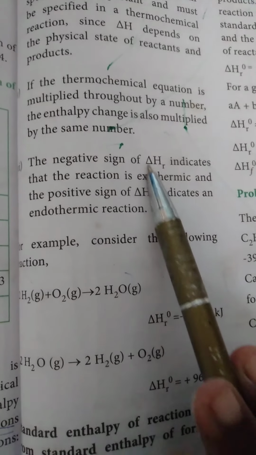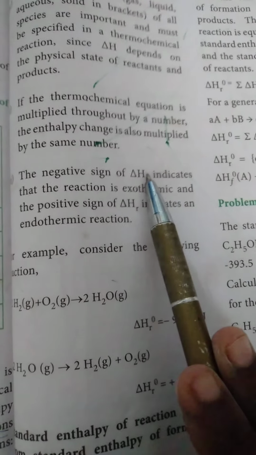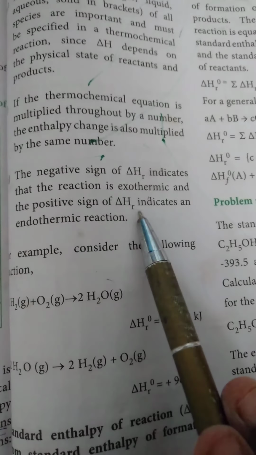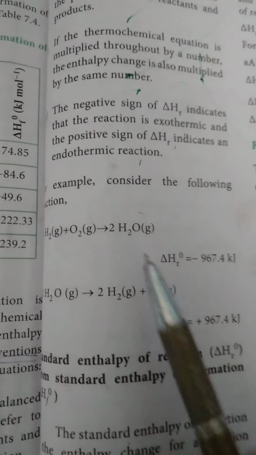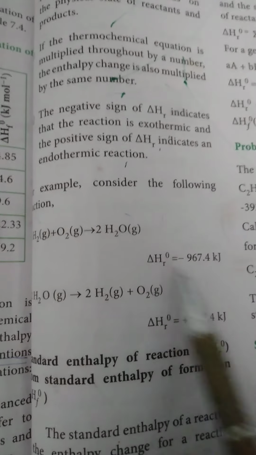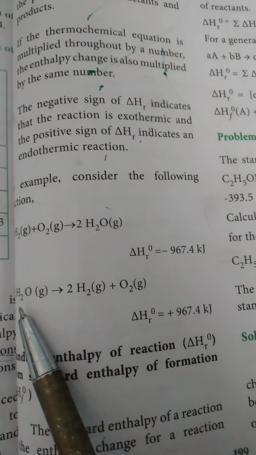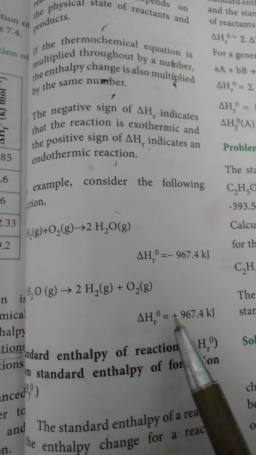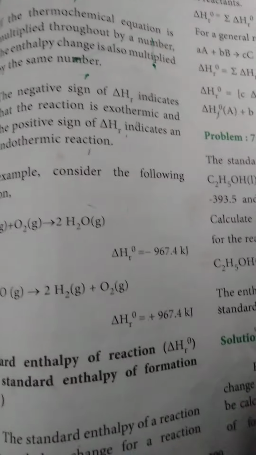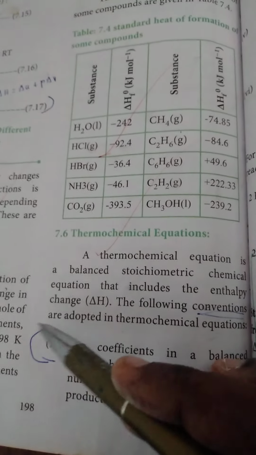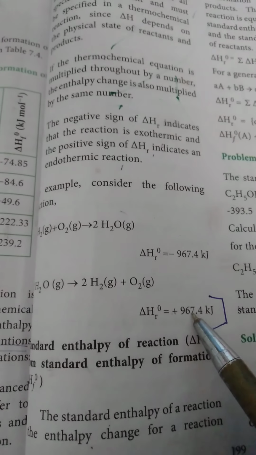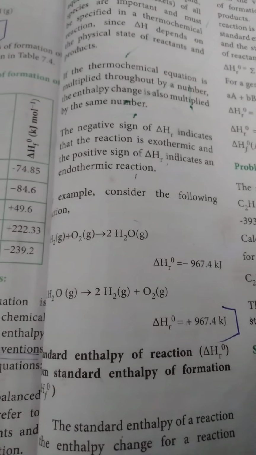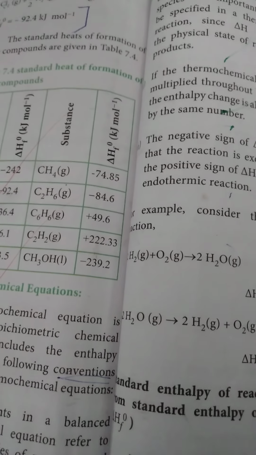Then the last point: this value negative means exothermic. Positive means we are telling that is endothermic. Two examples they have given. For the water molecule compound, you got the answer negative. For the reactant water forming hydrogen and oxygen, you got the answer positive. So this is exothermic and this is endothermic. Just note the points till this kilojoule. What are the conventions in thermochemical equations: page number 198 from this to page number 199 till plus 967.4 kilojoule per mole. Understand this? So just note the topic till this.